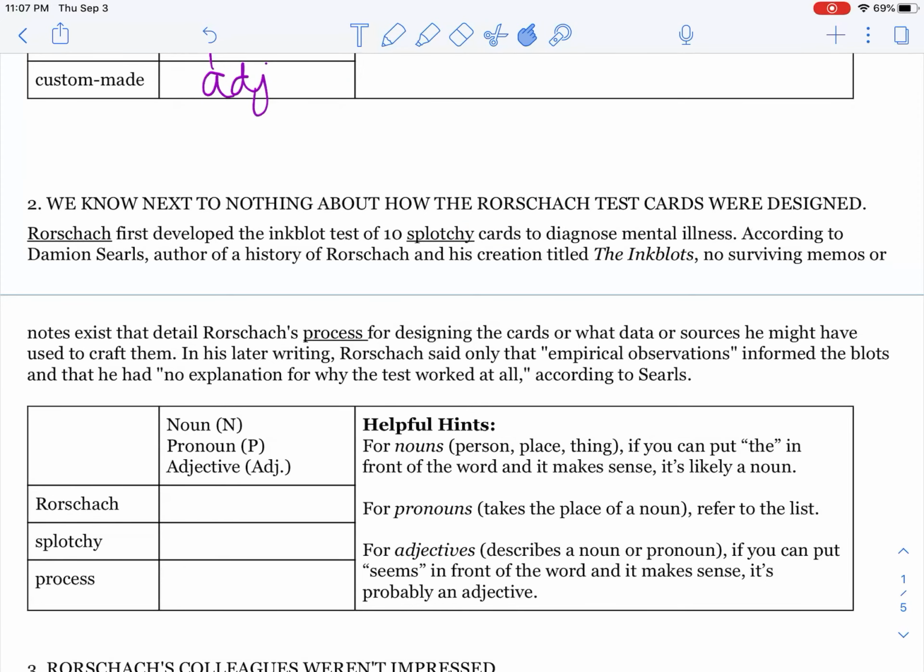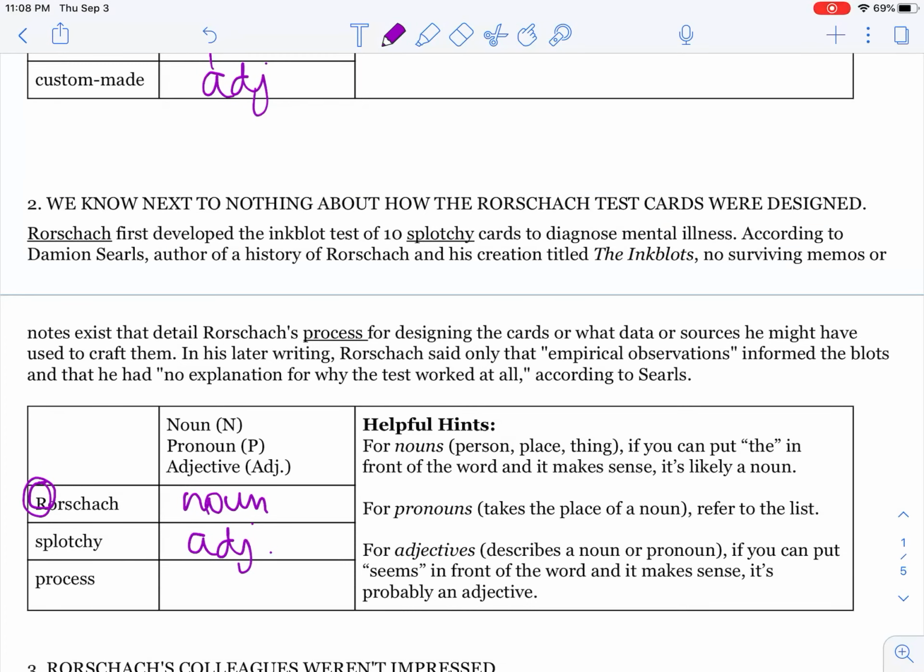So let's take a look. Rorschach. Nouns are person, places, or things. So if you look at this, Rorschach is capitalized, so this is what's known as a proper noun, but it's a noun nonetheless. Splotchy. Is it the splotchy? Is it taking the place of a noun? Or could you say seems splotchy? If you guessed seems splotchy, you will be correct. Okay,